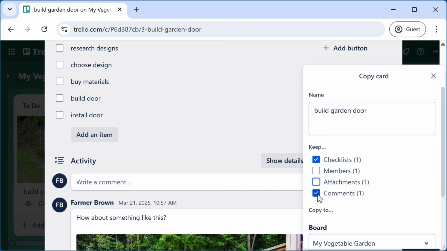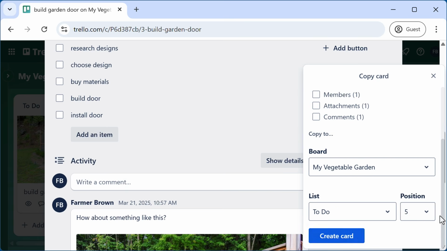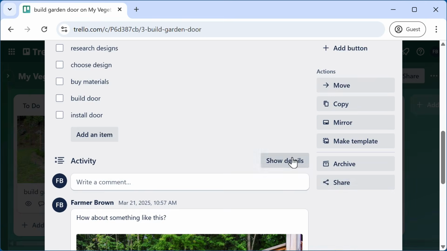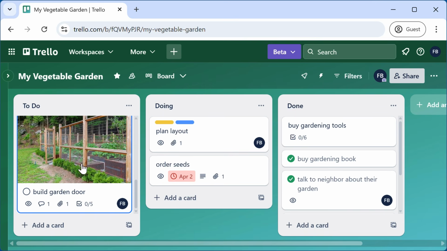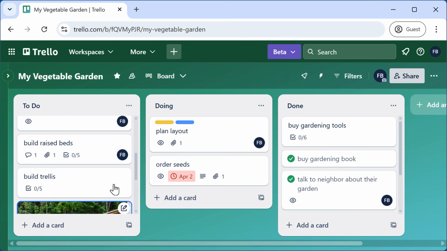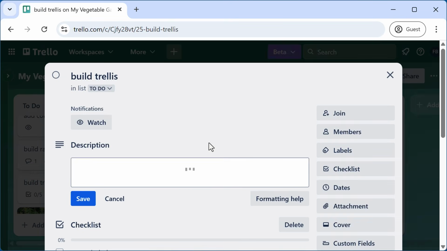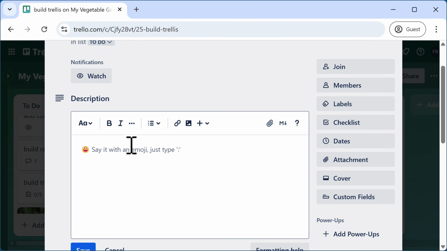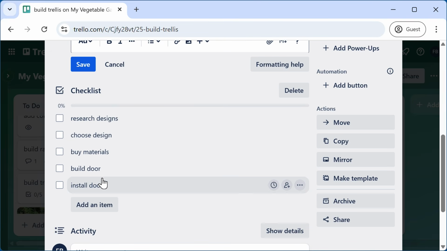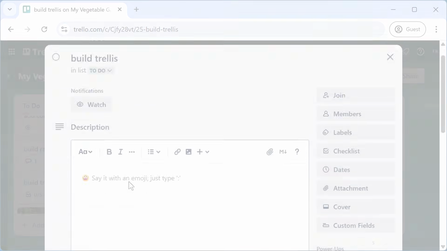In this example, I just want to copy the checklist, and I'll call this card Build Trellis. Click Create Card. If I click on the card, I see the card has been created with the checklist copied over. So those are 3 different ways that you can copy a checklist from one card to another.